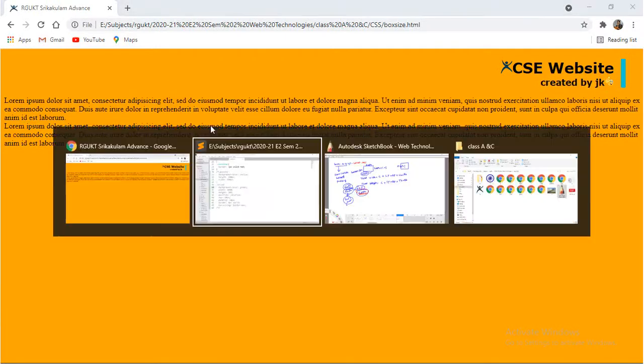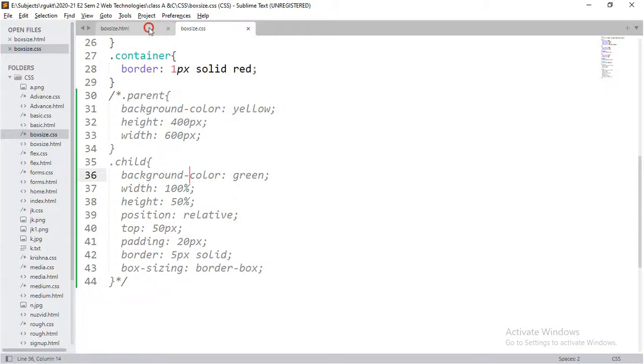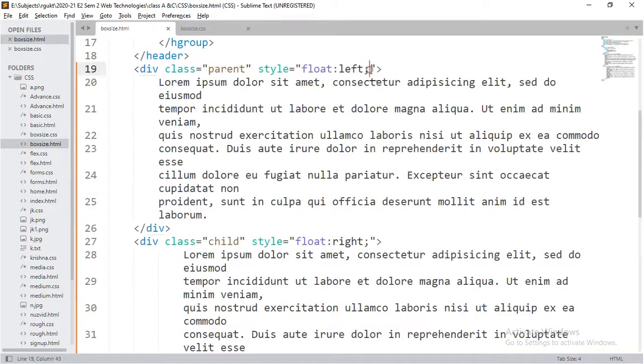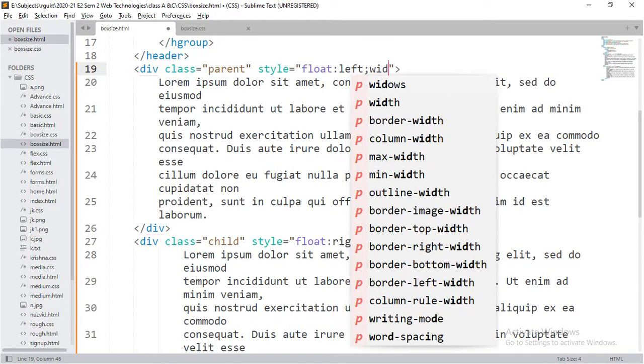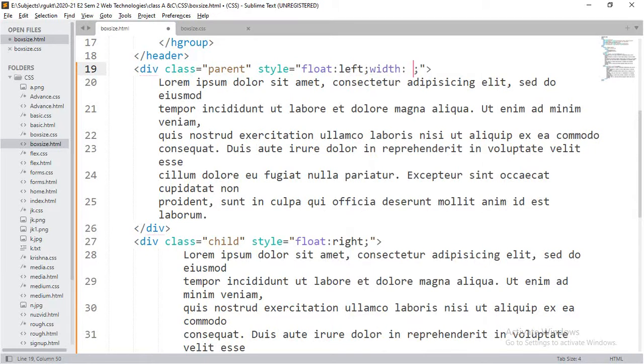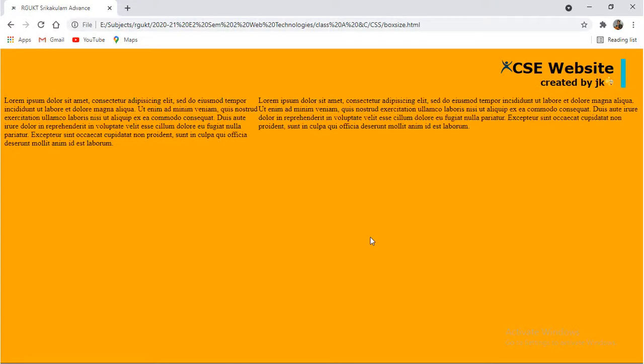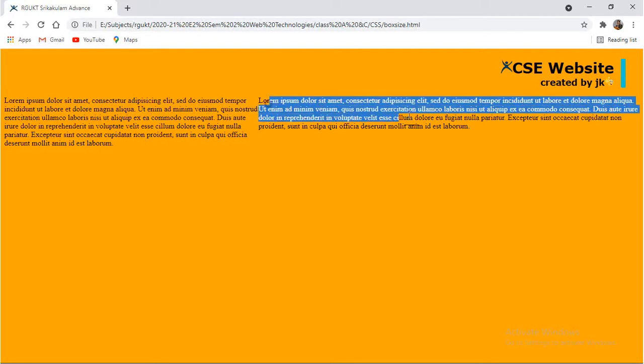So to make it align to the left-hand as well as the right side, we need to define the width. For example, my width of the left panel is 40% of the screen, and for this one the width is 60% of the parent element. Now, is there any problem? No, because the total width of this element is 40% of the screen and this is 60% of the screen.